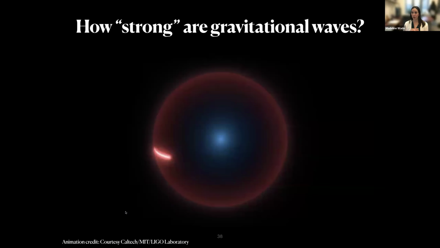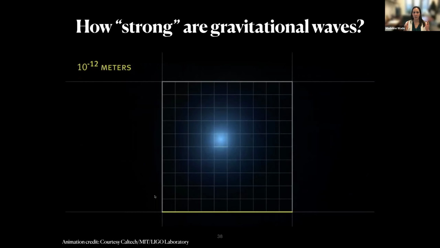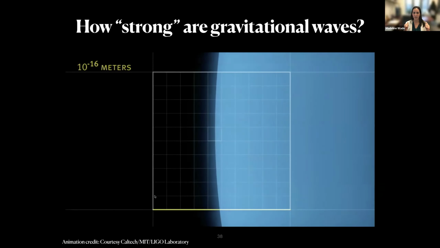So how strong are these gravitational waves? Turns out not super strong. The most dramatic astrophysical event you might be able to think of, like two black holes smashing into each other, is going to cause a change in distance over a few miles that is less than the width of a proton. So we started there looking at an electron orbiting a nucleus, and now we're zooming all the way